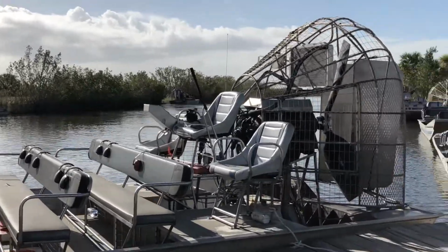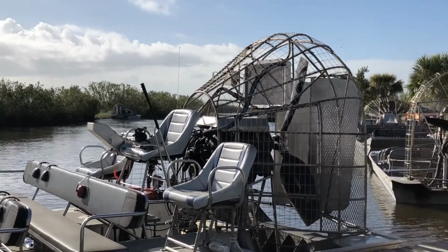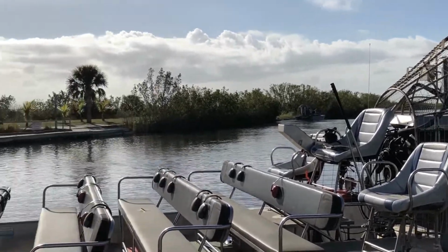So these are the big propeller. And this is what you